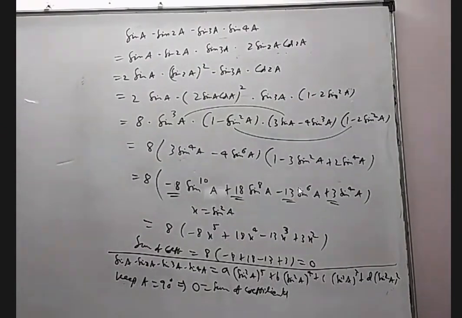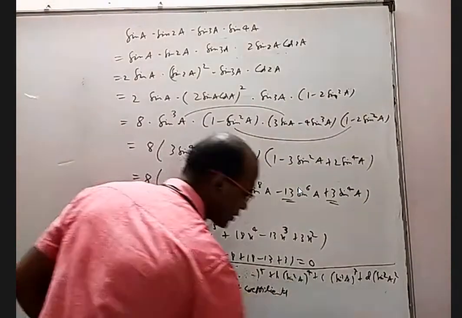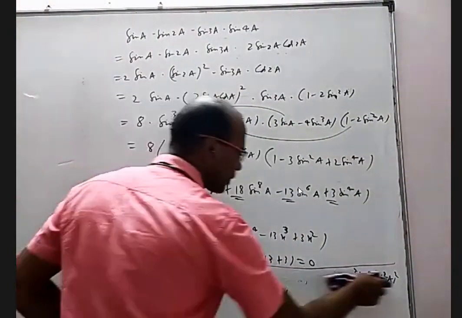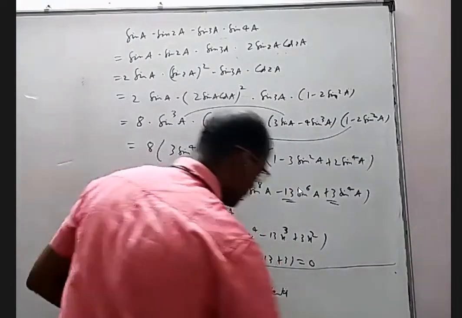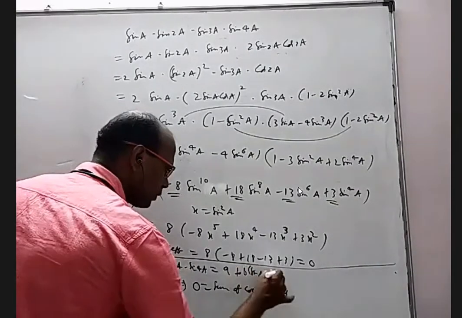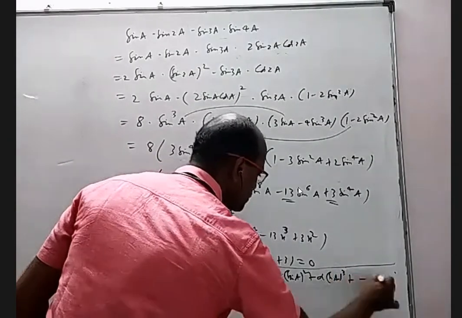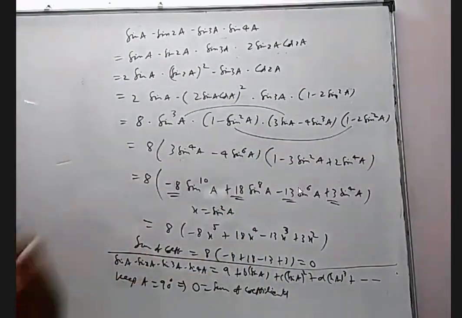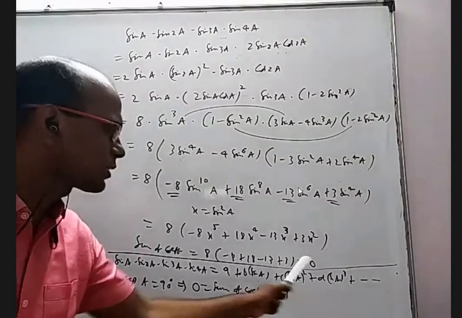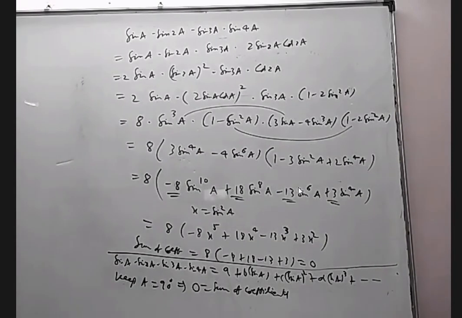Sir, don't mind, last doubt, sir. How can we know if it is 5 or 4 powers? Whether it's 5 or 4, I don't care. Forget about all this. I will not know whether it is odd power or even power. I can simply write this is equal to A plus B into sine a plus C into sine a whole square plus D into sine a whole cube, and so on. Some polynomial in terms of sine. I want A plus B plus C plus D. So keeping A equal to 90 degrees is quite convenient. Okay. Yes, sir. Understood, sir.